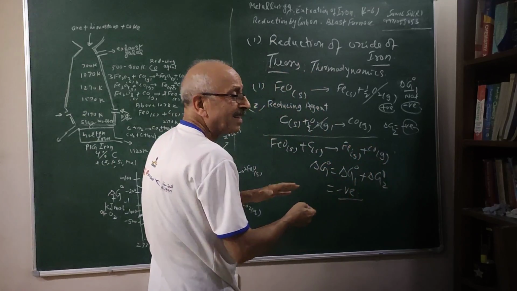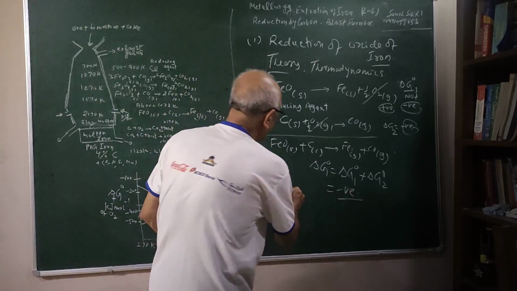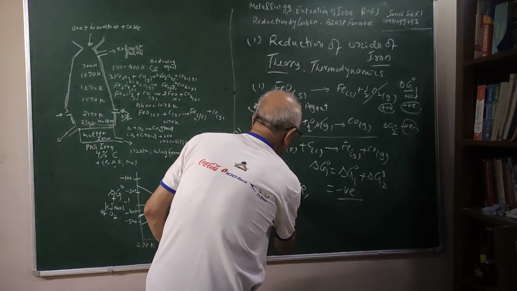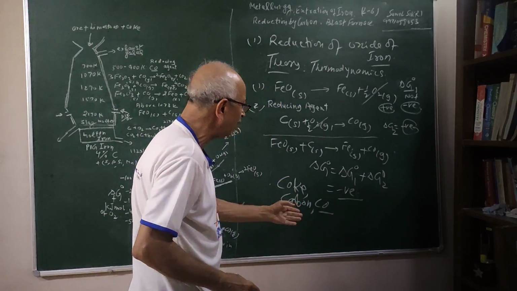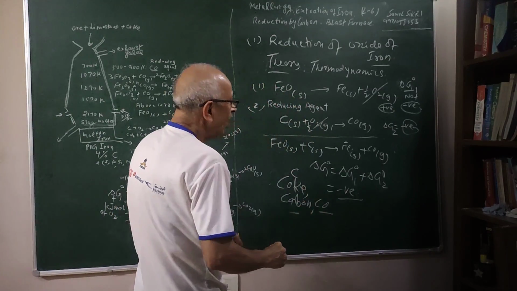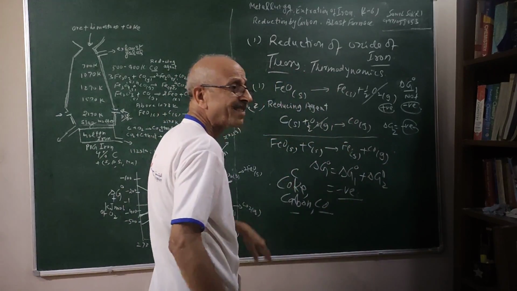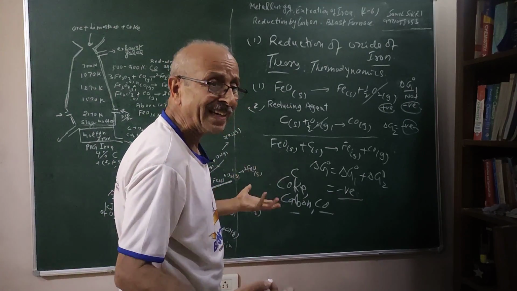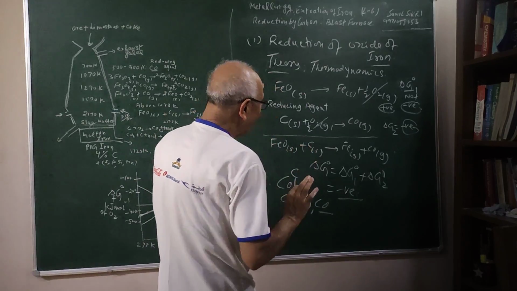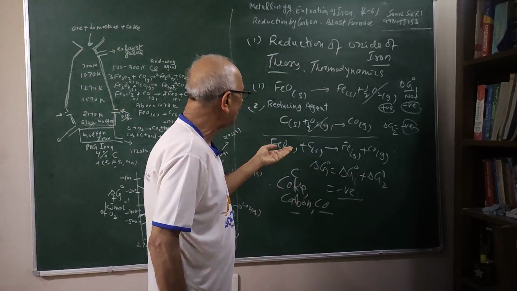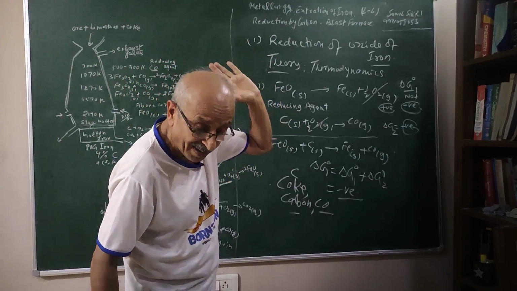The reaction will proceed in the forward direction, and we will be able to reduce oxide of iron by using coke, or carbon, or carbon monoxide. We will see which is being used, C or CO, and this reaction is possible because the delta G for this reaction is negative. We will see the Ellingham diagram to find out how the reaction is proceeding. The basic thermodynamics is very clear that it is not possible to dissociate iron oxide at a lower temperature. Therefore, we have to add a reducing agent.